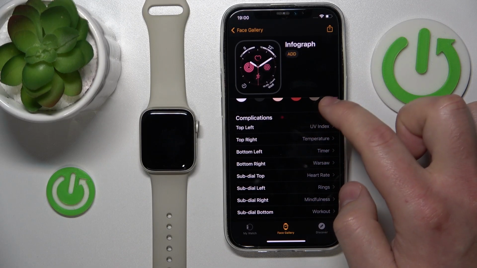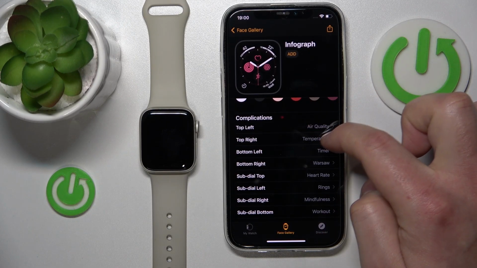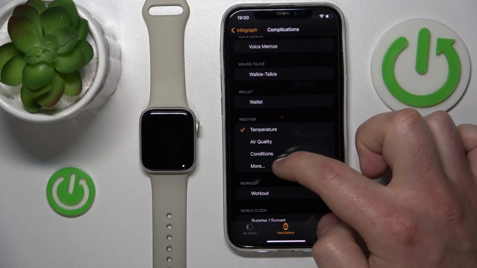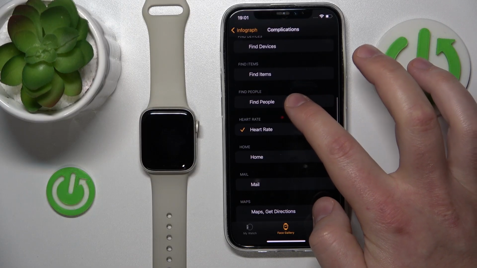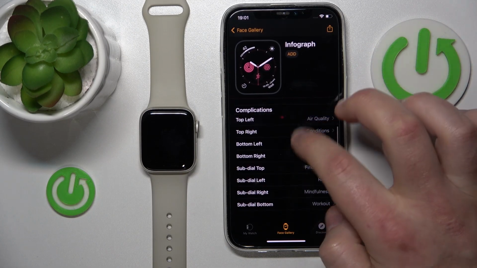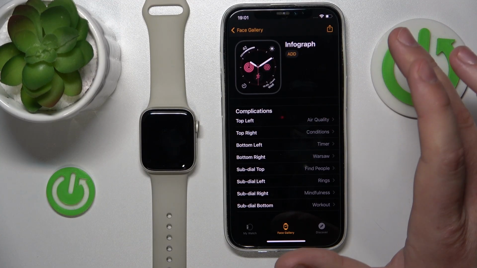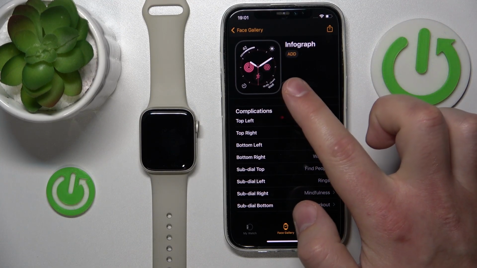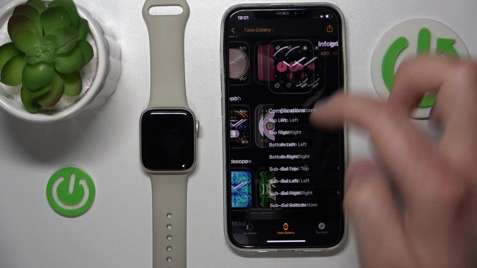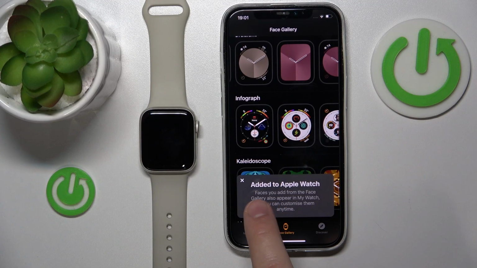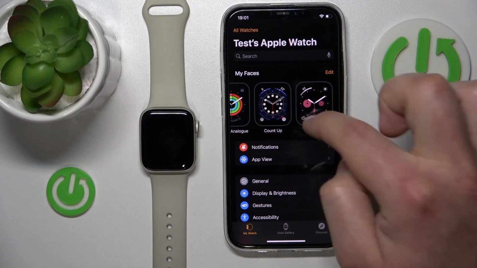And for example, you're going to top left, we're gonna choose the air quality, to top right maybe conditions, subdial top maybe we can choose find people, and you can customize it to your needs as you want it to be. And now if you wanted to add it to your Apple Watch, you just press add, and now as you can see, added to your Apple Watch faces, and now you can just press it,